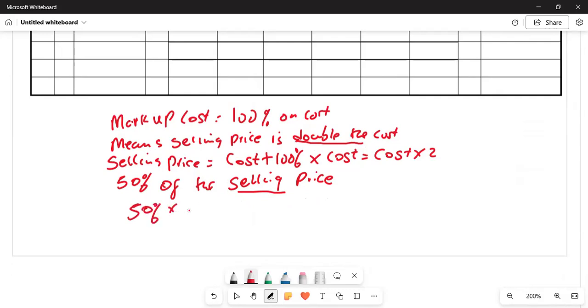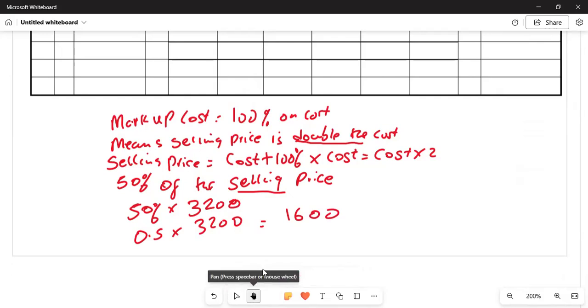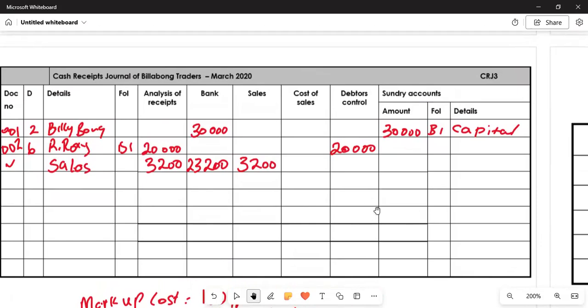So meaning we're going to say 50% of what? Of our cash sales, which is what? 3,200. Now we're going to say 0.5 times 3,200, which is going to give us 1,600. So now our cost of sales is 1,600. So now we are moving on to other transactions that are going to affect